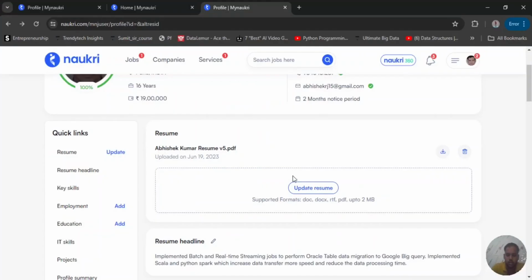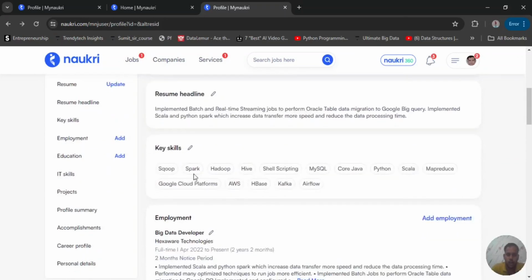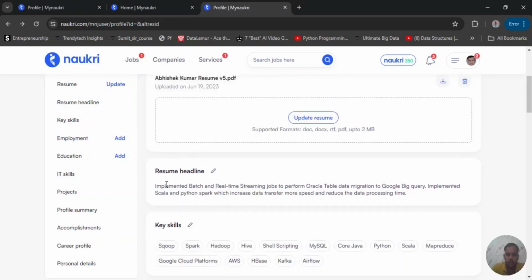So then for resume upload, you can upload the ATS Optimize Resume and the resume that is more related to the job description that you can mention here. Upload your resume, and then after that you give the resume headline. So here you can write your resume headline that is more attractive to recruiter, that you can show here, and then